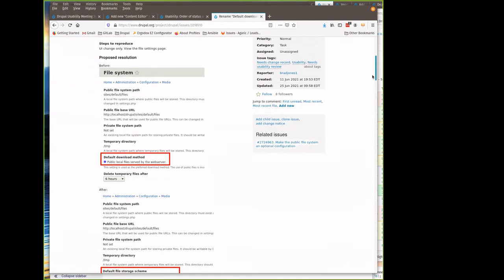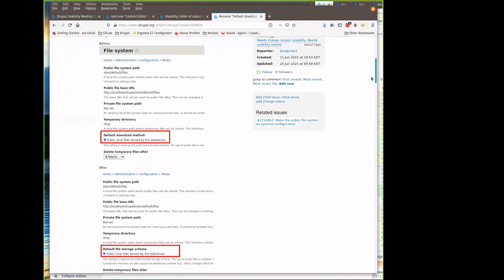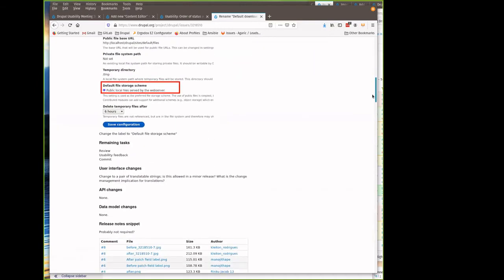There's a couple of screenshots, and I actually think I agree that change is good, but I think default file storage on its own is a fine term. I think adding the word scheme or schema or whatever is just a bit overkill personally. But if you scroll slightly further down to the most recent comments,